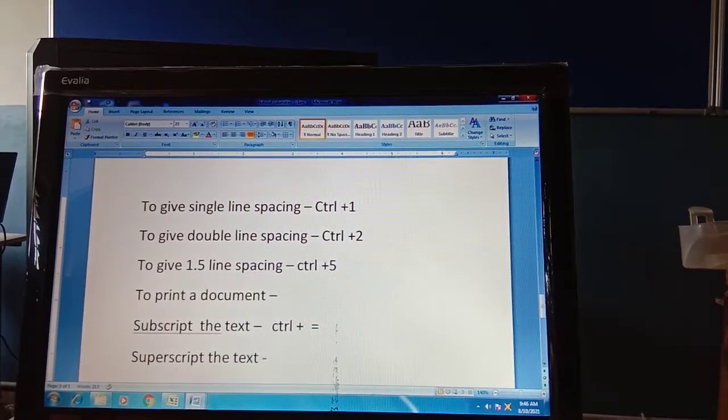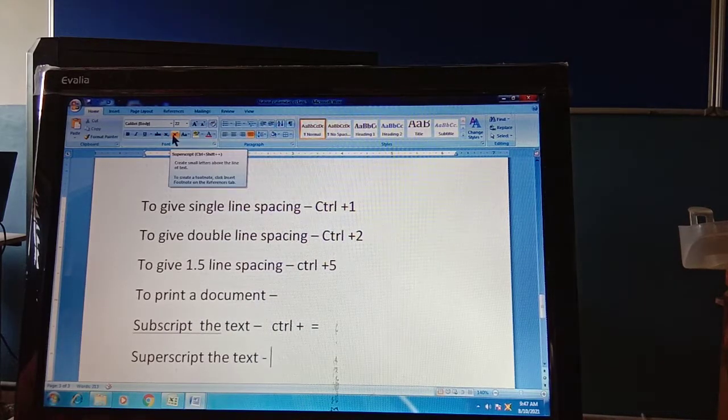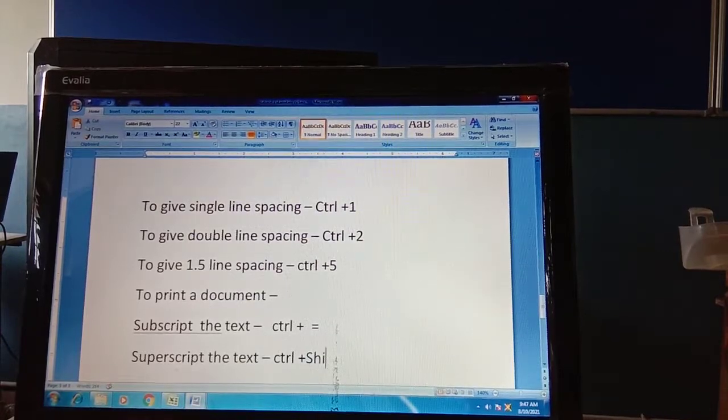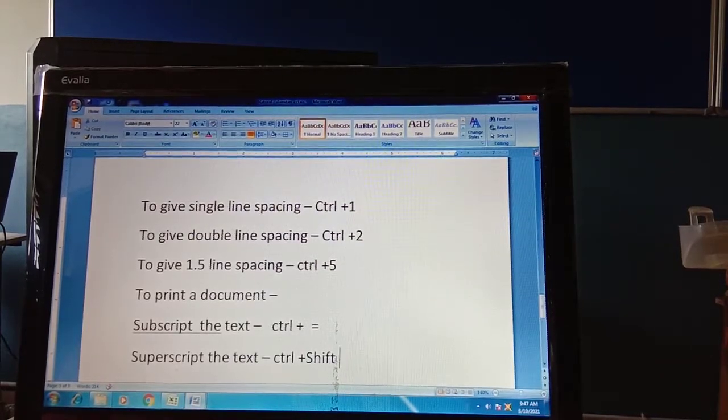to superscript the text, this is CTRL plus Shift plus plus. Okay, so CTRL plus Shift plus plus.